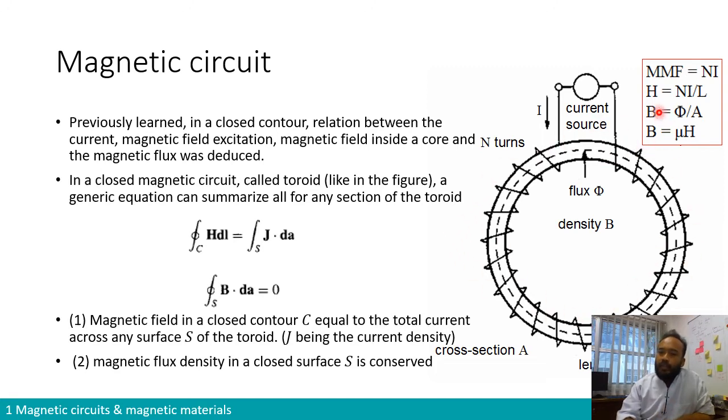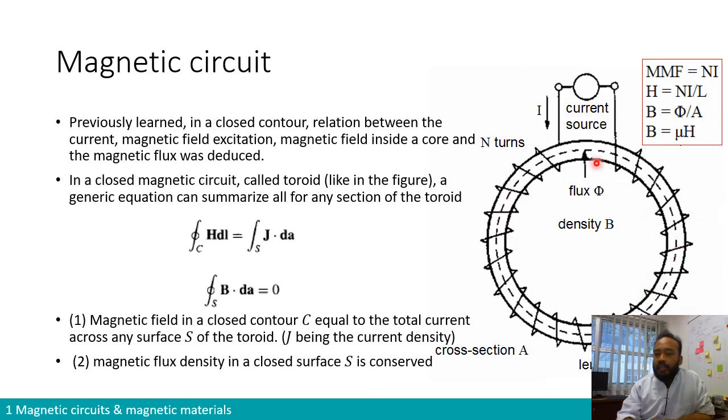Okay, so from there we know that if you have current circulating inside your conductor, you will have a magnetic field inside it. That magnetic field is what we call H, right? And H is what we call the excitation magnetic field. So what does H equal? In this circuit, H equals the MMF divided by L. So H depends on the total length of the